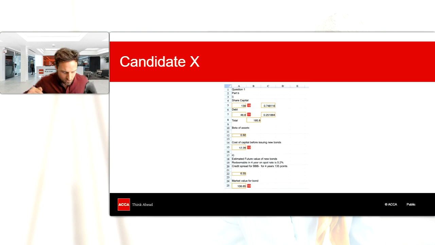One thing I just want to point out with calculations in AFM marking, which loads of people ask me, is: if I make one mistake here, will that affect, will I then lose marks later on? There's something called OFR in the marking world. Does anyone know what OFR stands for? Have you heard of that? I'll just have a quick look at the chat. Has anyone ever come across those